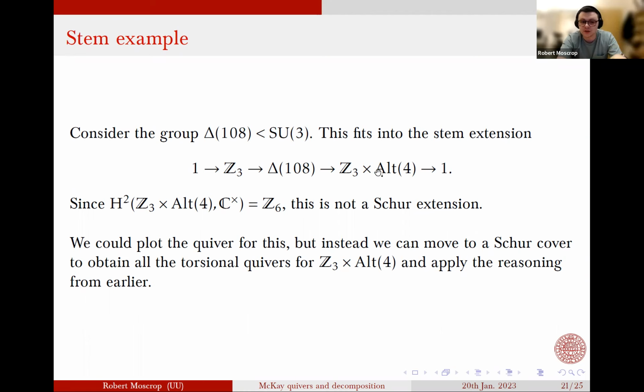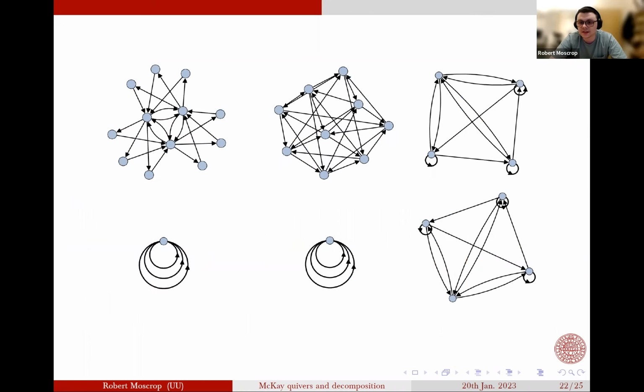So if I go to the Schur extension first and I plot the quiver, I get this mess of 6 things, exactly 6 because the Schur multiplier is Z6. The top left thing is the quiver I would get for Z3 times alt 4. That's exactly what you'd expect. Then if I label the generator of Z6 to be Q, this bottom one here is Q to the 1. This is Q to the 5. This thing here is Q squared. This is Q to the 4, and this is Q to the 5th. Sorry, Q to the 3 is here. And you might notice there's a pairing here between things and their inverses, basically.